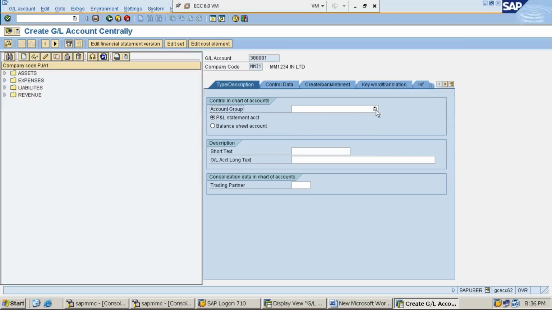So observe, I am clicking now. Yes, 4 account groups. In this, select the expenses account group.